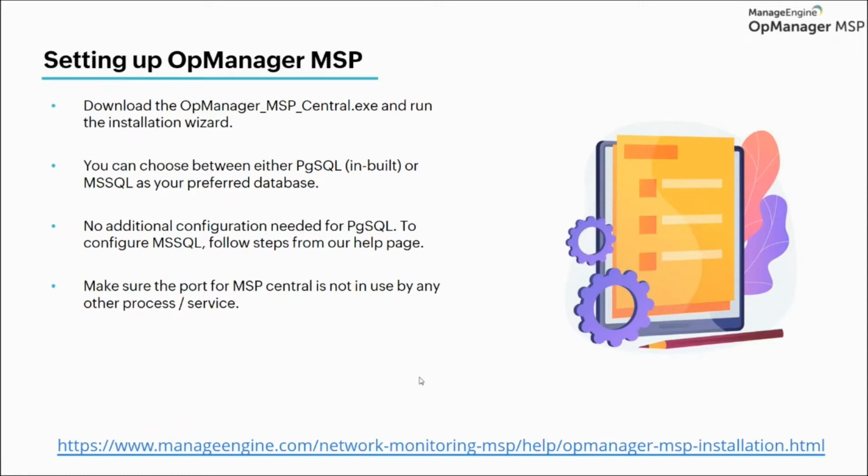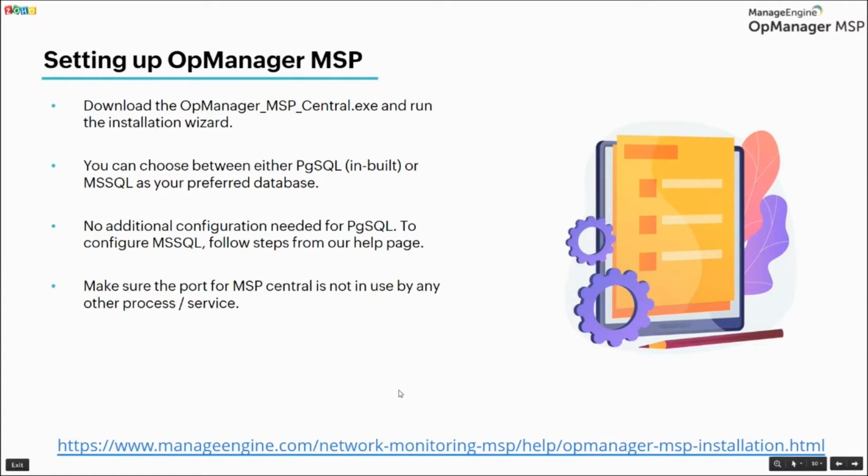And if you want to know more about how the installation is going to happen and what the various steps are, with the help of a video and screenshots, you can visit the link given at the bottom of the presentation slide, where you have a detailed representation and steps with screenshots explaining how the installation will happen and what the various steps are which you have to perform during the installation.